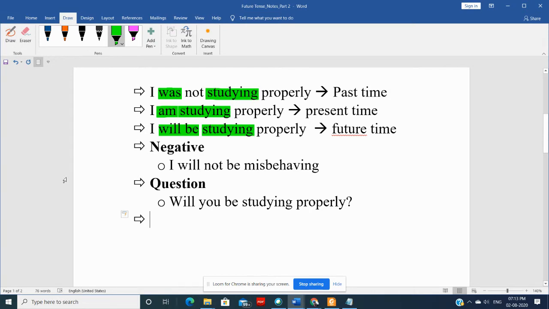Okay. So now, we can use future continuous tense when we want to tell somebody what in future we are going to do, when we are sure about it. For example, just take a hypothetical example that my friend called me and she told me that, hey, I called you yesterday. I said, okay, but you didn't pick up. I'll reply, well, at what time did you call? She said, at 3 o'clock.